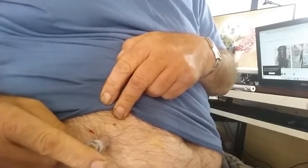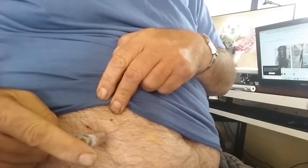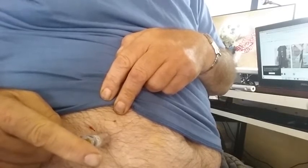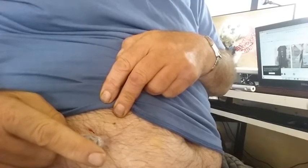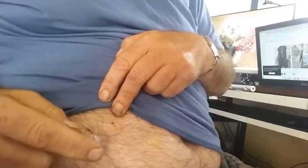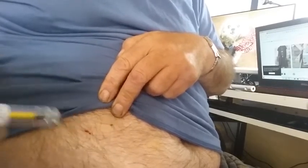I don't know if you could see that. My hand's in the way. Just sort of push that in, the plunger. Let it sit there a couple seconds, so that when you pull it out, you don't see medicine squirting out of the needle or running down your skin. Then you want to make sure you get all the medicine in there. That's the purpose of this. So now I pull that out,